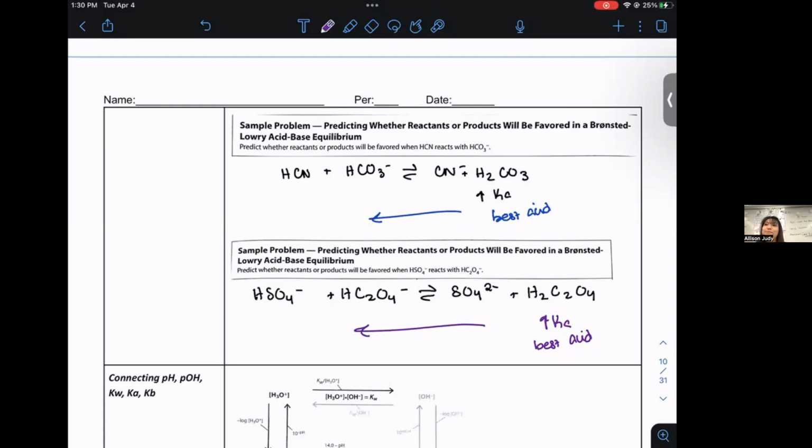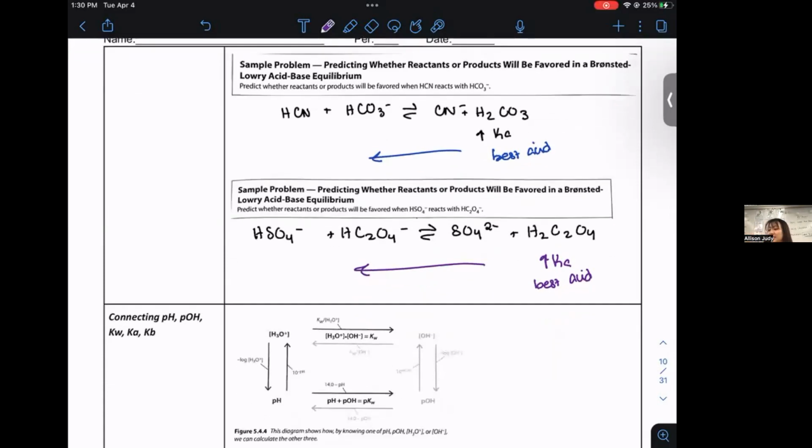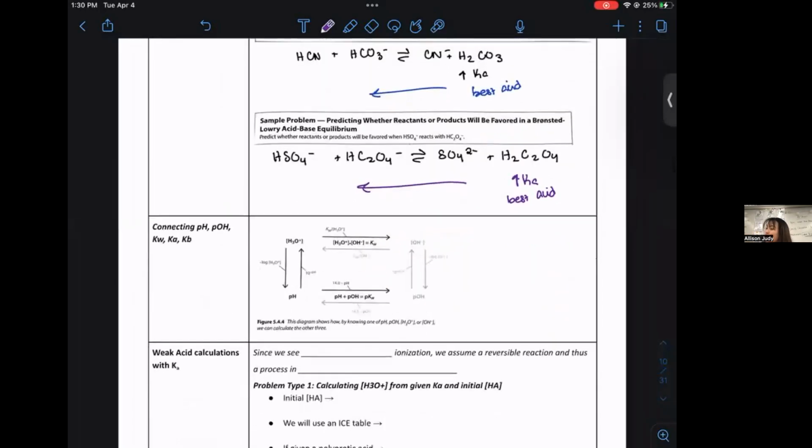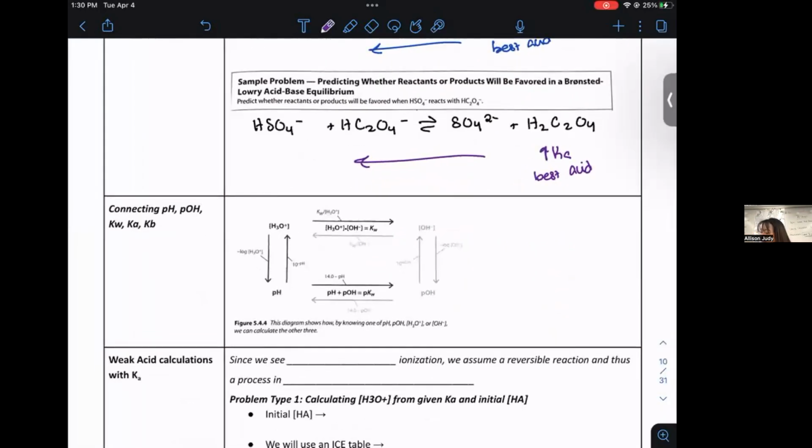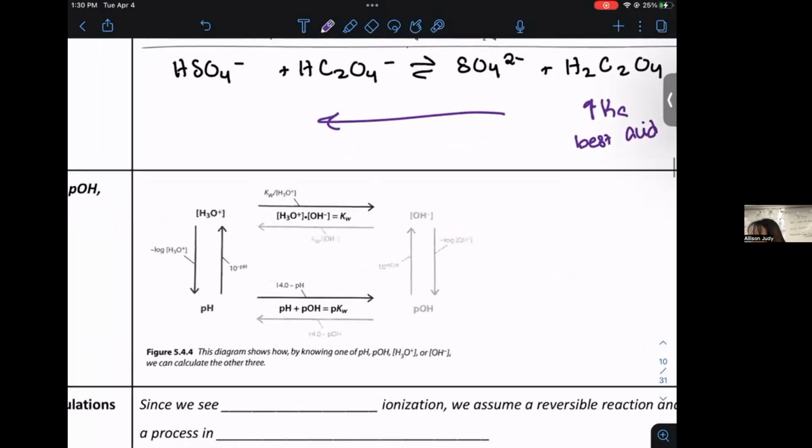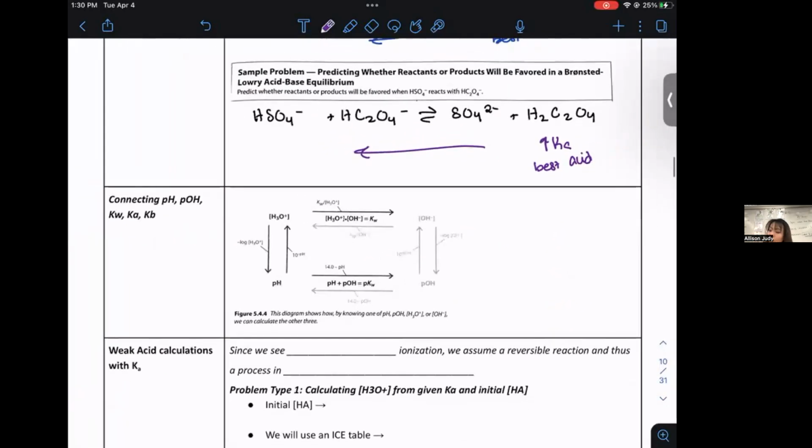Yes, Annalise? Will the acid with more hydrogens maybe be better? Generally, yes, because we know that a polyprotic acid tends to be stronger. So that's actually a really easy way to see that. So this is kind of a summary table. It's kind of faint, but the idea is that you should know how to relate